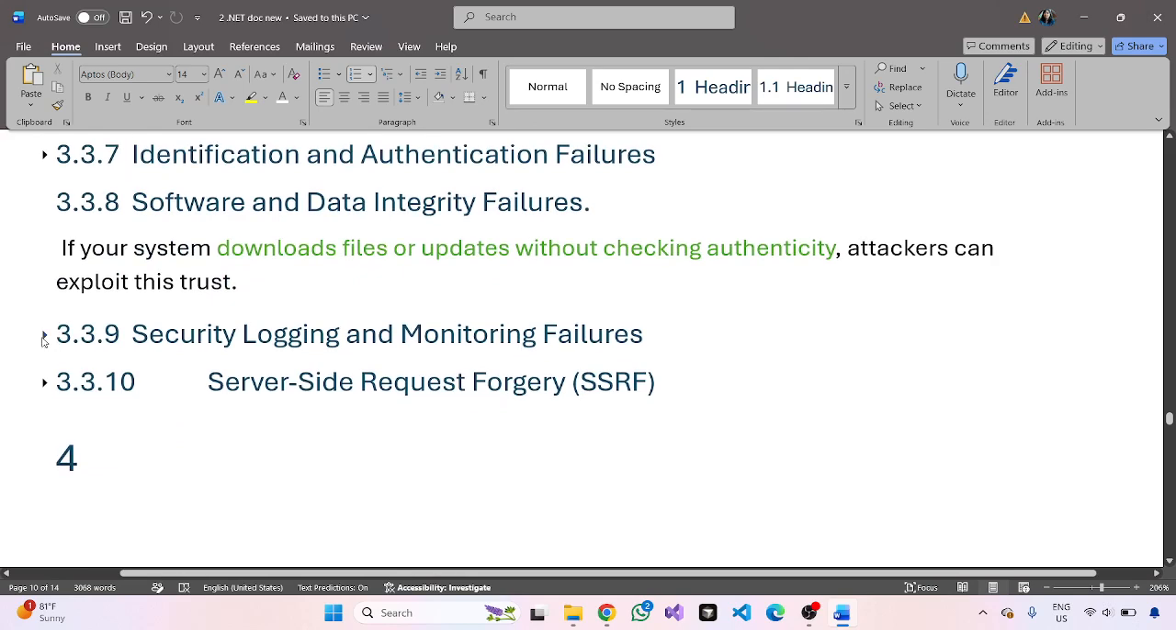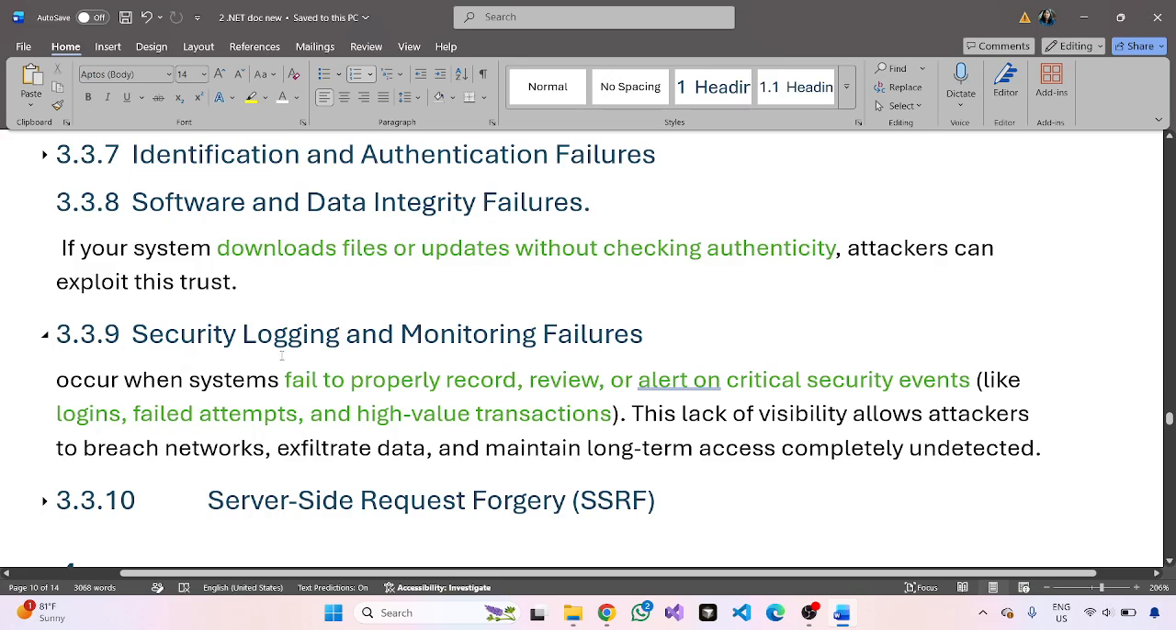Our ninth vulnerability was the security logging and monitoring failures. Of course, this is when the system fails to properly record, review, or alert on critical security events like failed login attempts and high-value transactions. This lack of visibility allows attackers to breach the network, exfiltrate data, and maintain long-term access completely undetected. It means that,